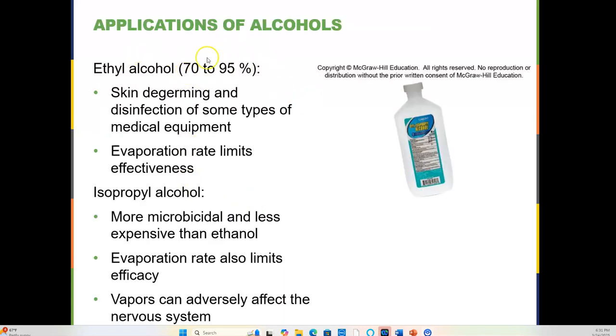Ethyl alcohol between 70 to 95% is used for skin degerming and disinfection of some types of medical equipment. Evaporation rate limits the effectiveness. So if you've ever put this out there, it'll evaporate pretty quickly. Isopropyl alcohol is more microbicidal and less expensive than ethanol. Evaporation rates are also an issue, and vapors can actually adversely affect the nervous system, so you've got to be